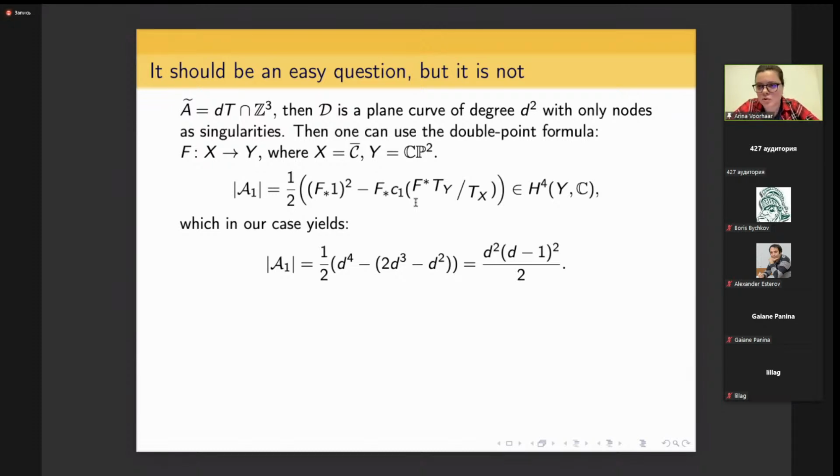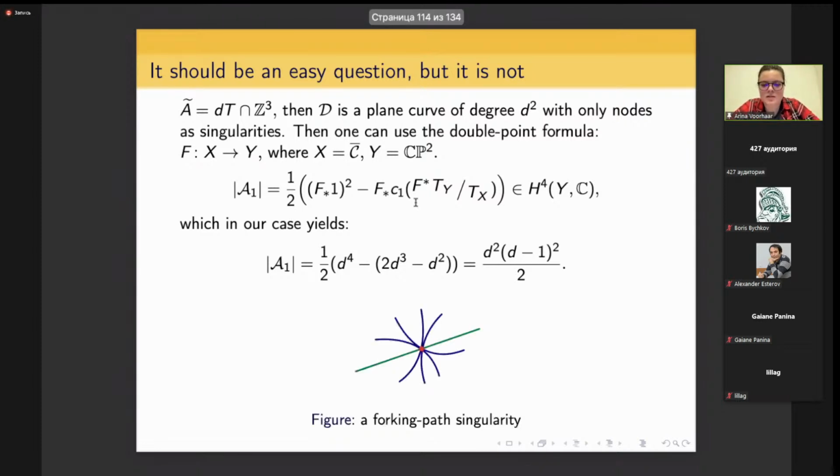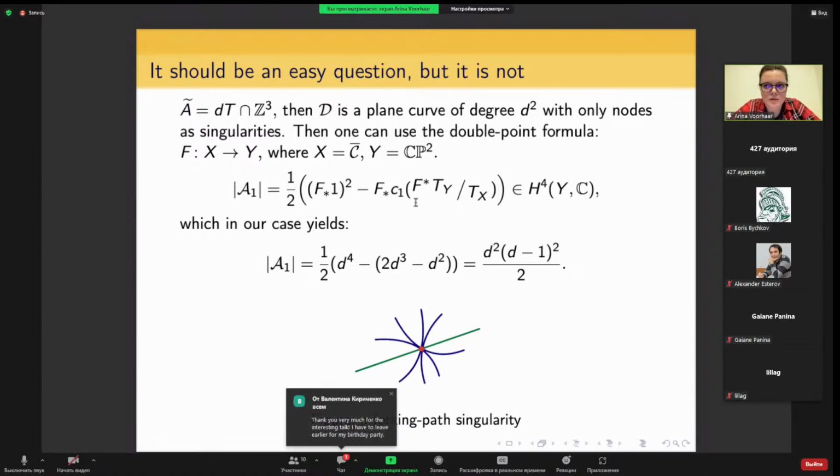In general, that's not true. So for other support sets, that's not true. And what can happen is that on the infinity, so like on the one-dimensional orbits of the toric variety associated with the Newton polygon of the curve D,